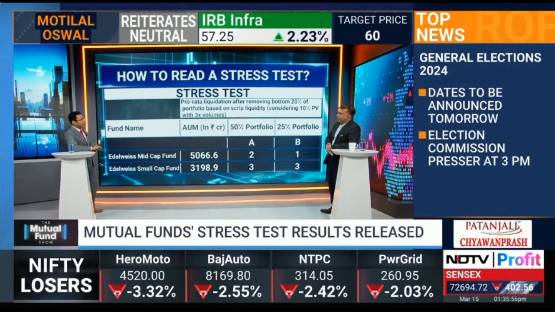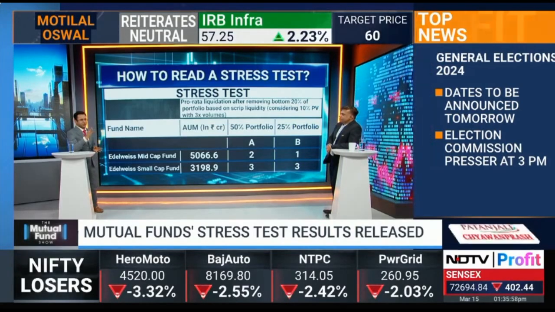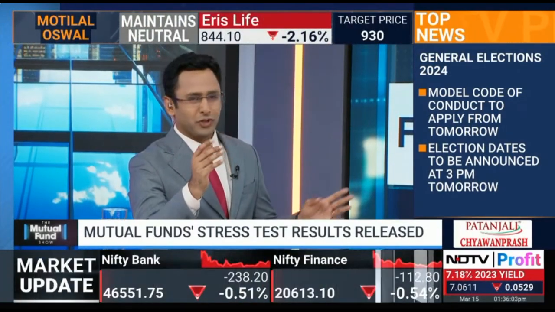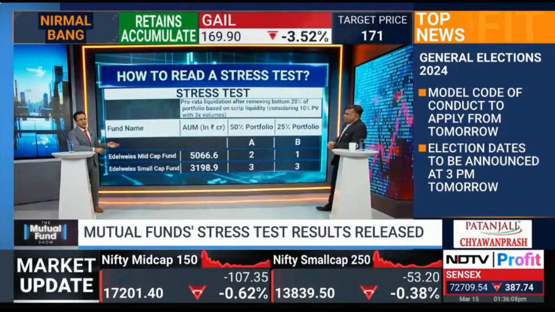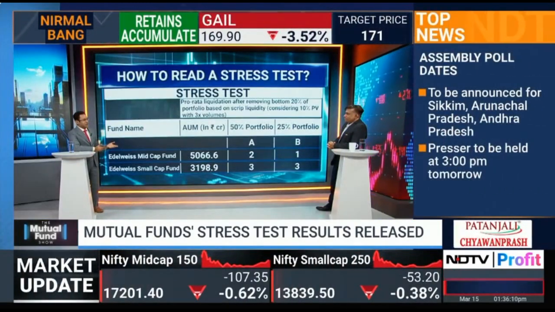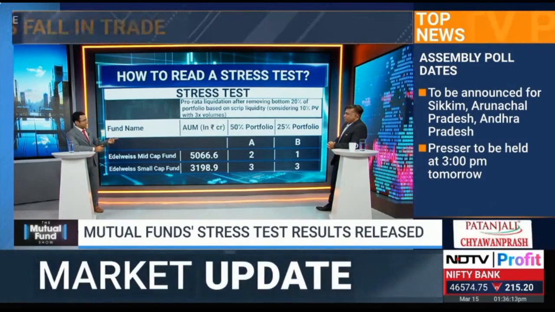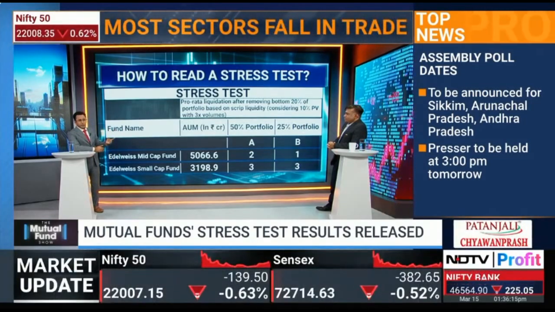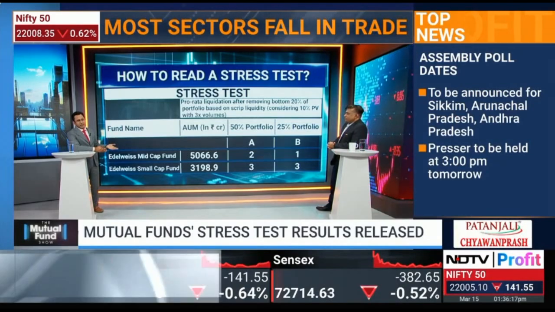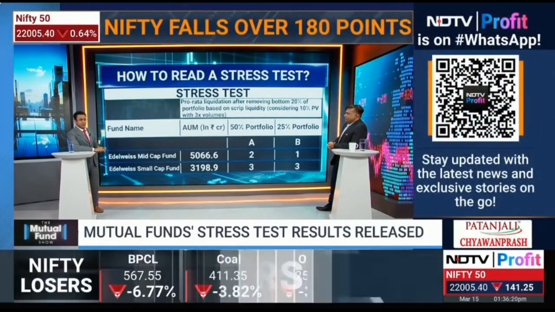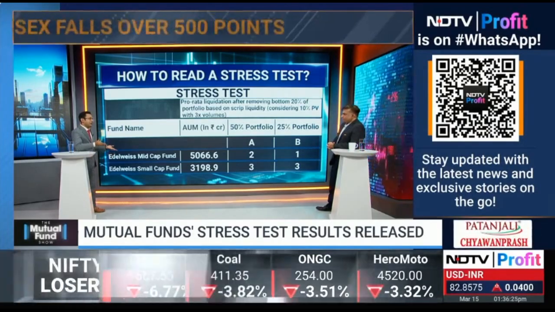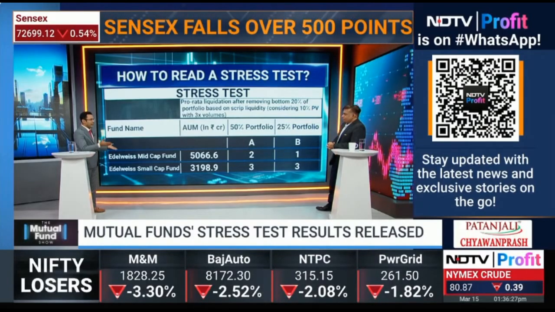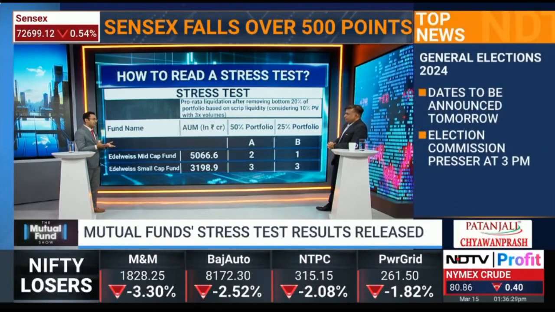Yeah. And the reason I point this out is, viewers, in case you haven't seen it, there are a lot of schemes that have shown the data for this very liquidity scenario, and it's nowhere close to a single digit. In fact, for some of the schemes for the small cap category, at the 50% portfolio liquidation level, it goes up to over 20 days, in certain cases 32 days as well. So Trideep, help us understand what a good value is. Is there a good value? Is there a benchmark? Because we're talking about ultimately small caps where there are constraints with regard to liquidity.